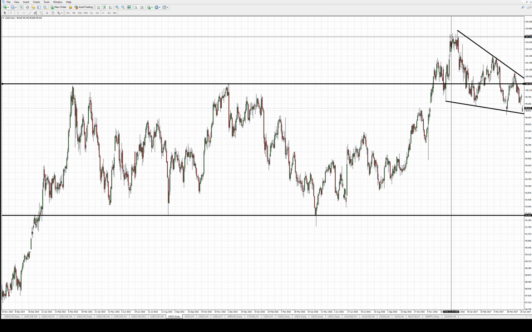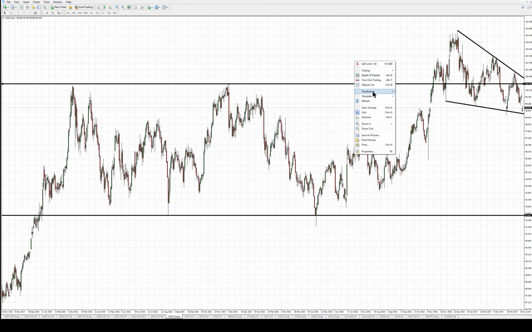Does that mean this will certainly happen? No, because the fact that this head and shoulders seems to have been negated doesn't mean that this is necessarily going to break to the upside, because you simply have a situation where you have lower lows and lower highs that's still forming right now. However,